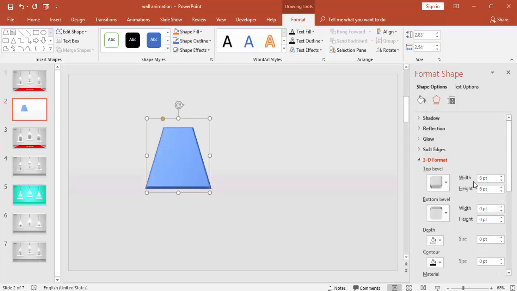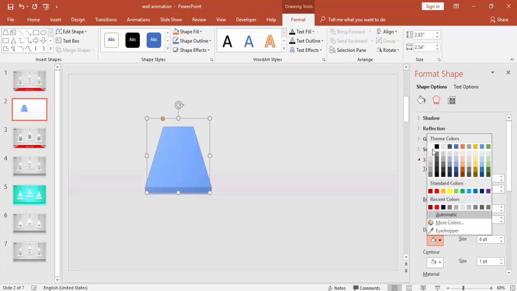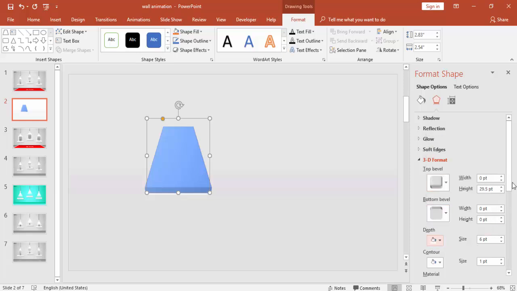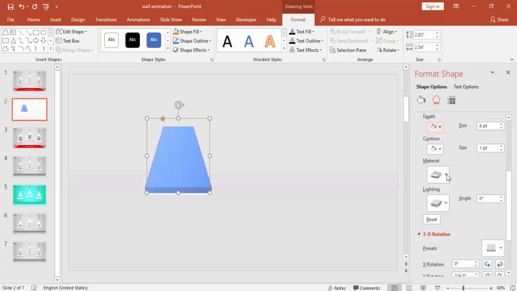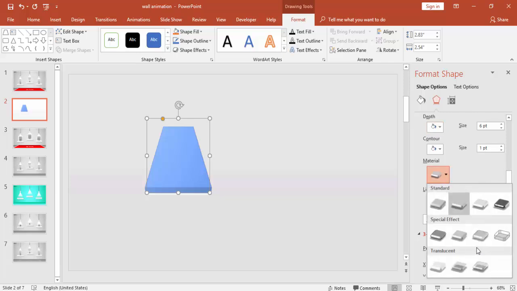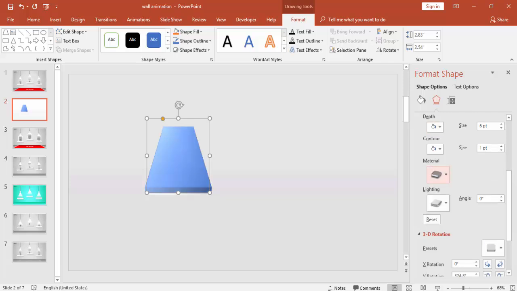You can just give a bevel shape and increase the height and width, make it 0, and here the height may be 29 or 30, and depth you can increase to 6 points, and contour you just make it 1, a white color, and depth you can just give some other color as you like, and then go to the material and select the right effect as you need,